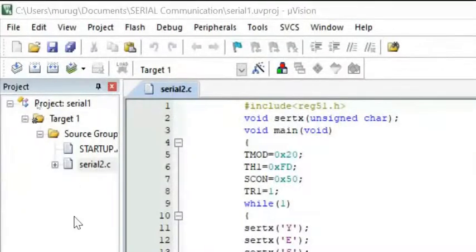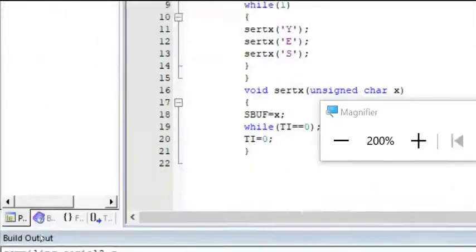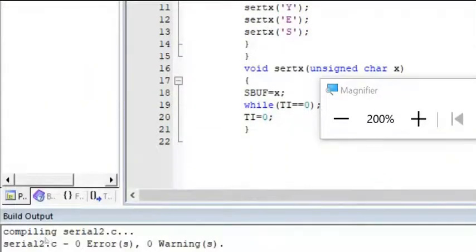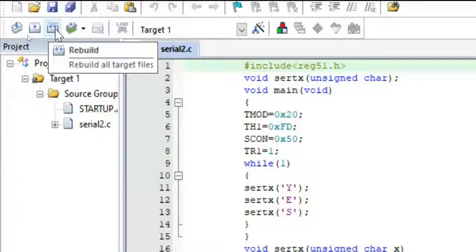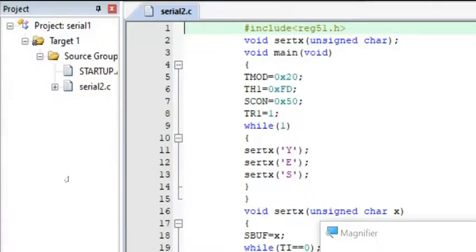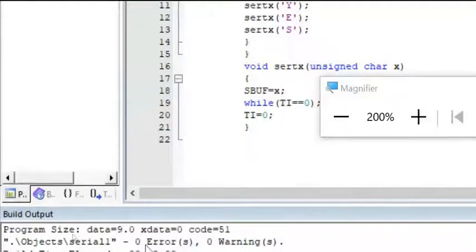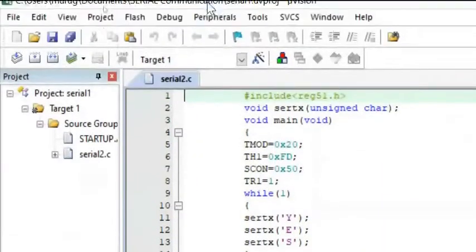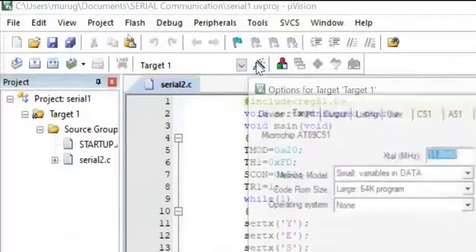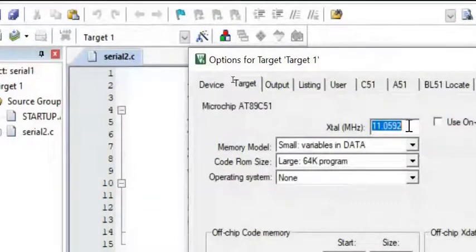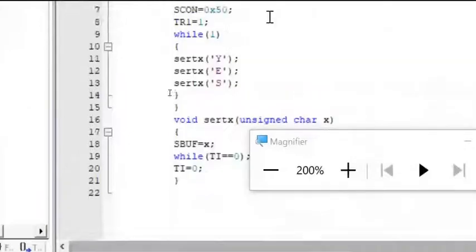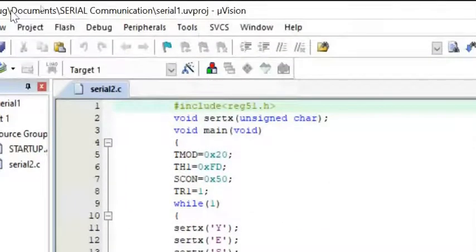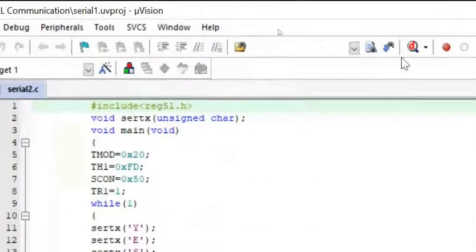Once you add it to the project, translate, check whether any error is available, and build and rebuild your project. Okay, no error. The important thing is the frequency. I have already set 11.0592 in the previous program, so no need to change anything. Now run the program.